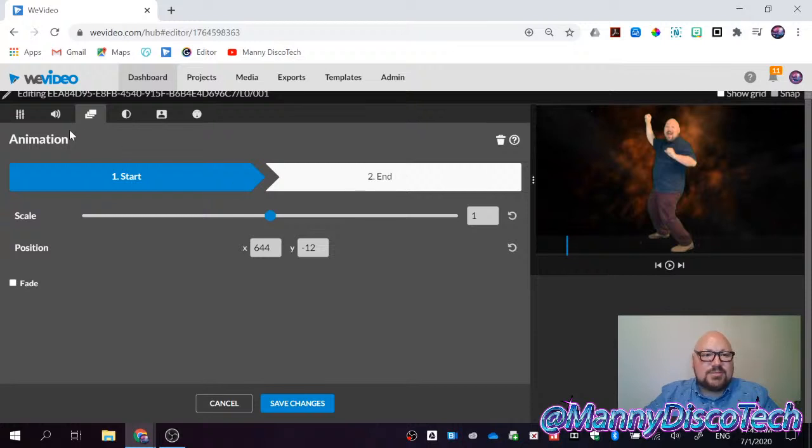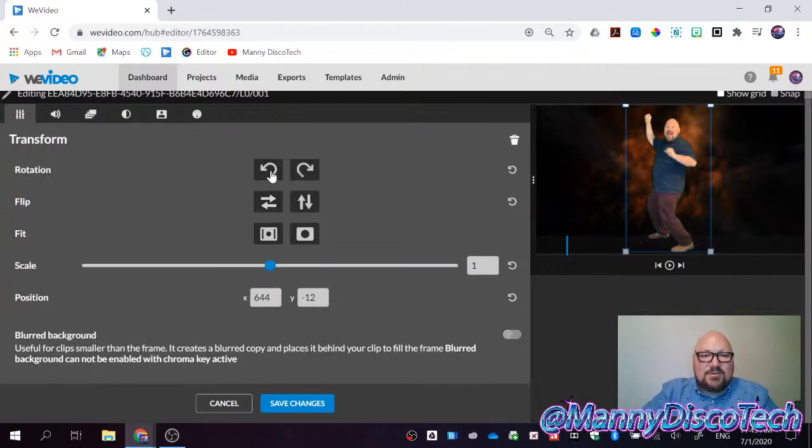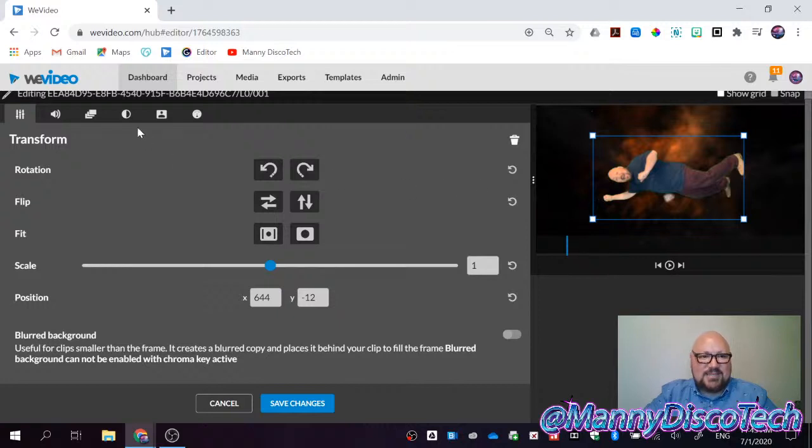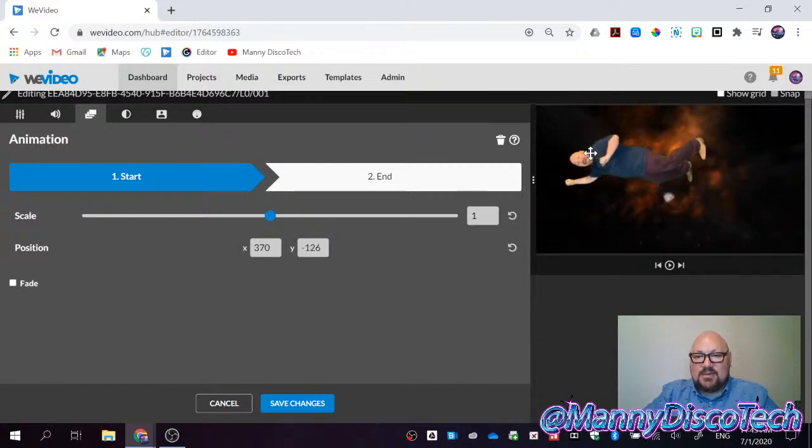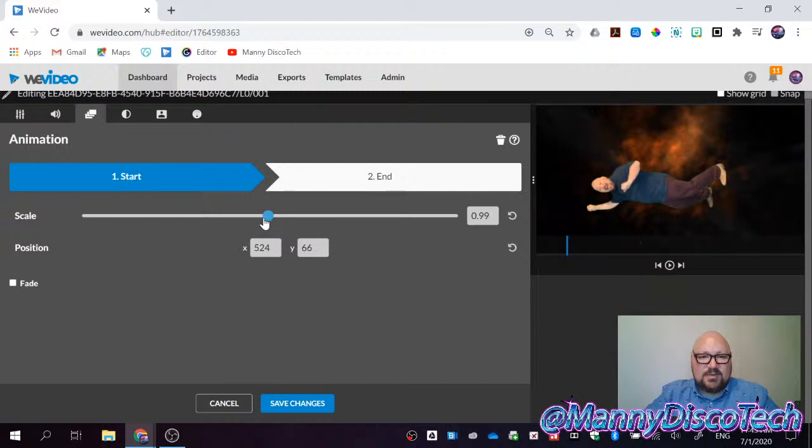and I'm going to, no, I need to make myself flat. So before I do any animation, I need to position myself like that, and then I go to animation. Okay, so I want the animation to start probably there, and I'm going to be very small because I'm going to be coming from the explosion, right?